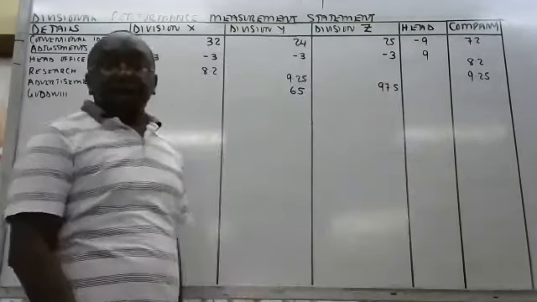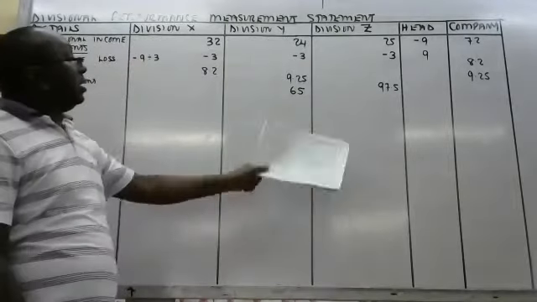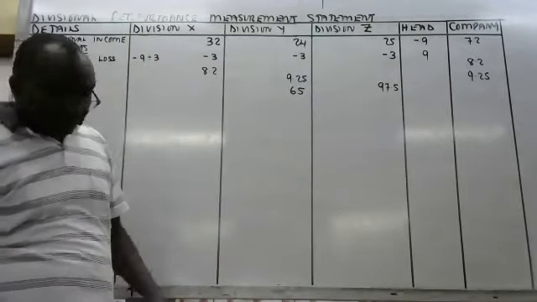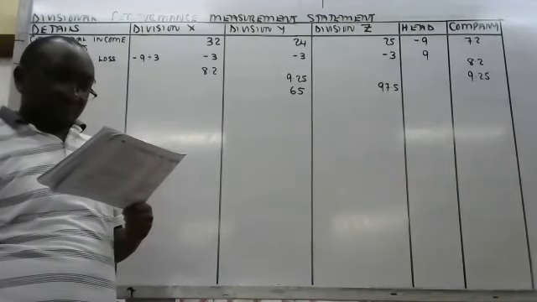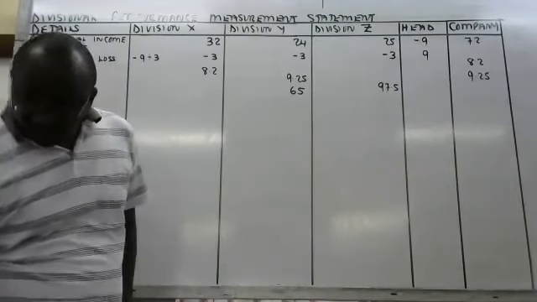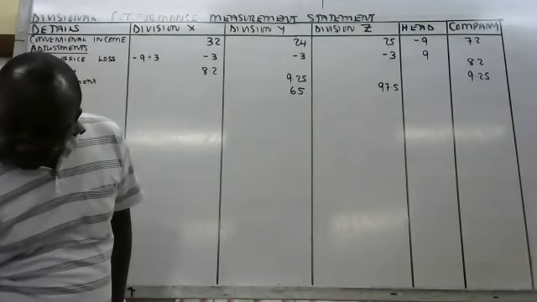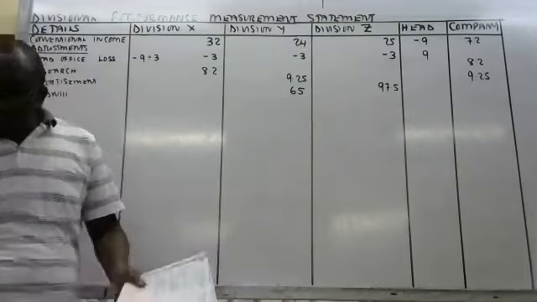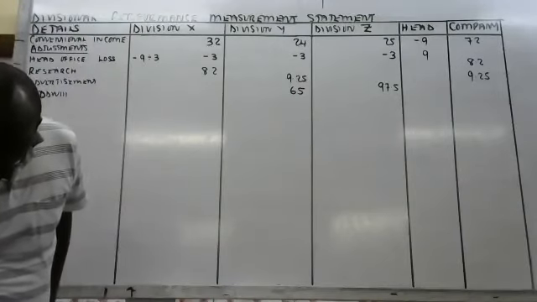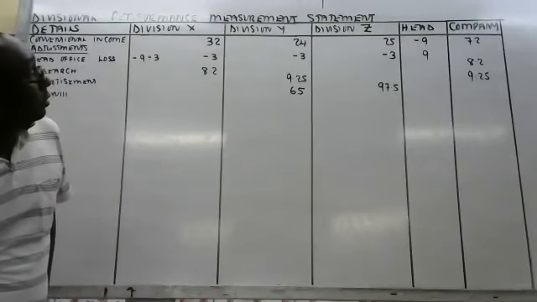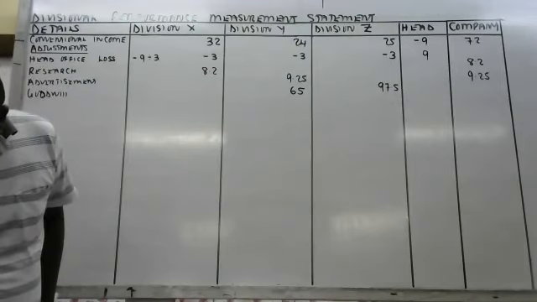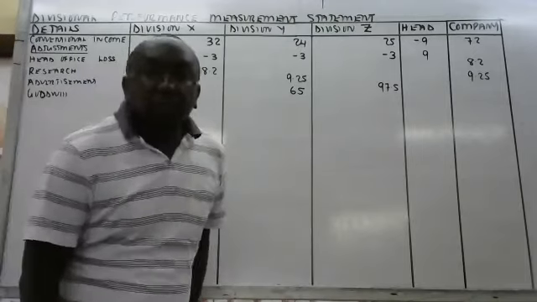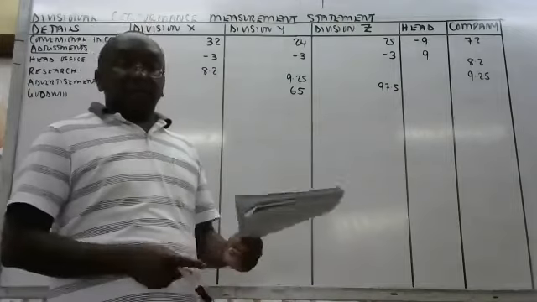So add the two of them, add the goodwill amount and give me 65 plus 97.5 is what? $162. Although I'm doubting those figures,